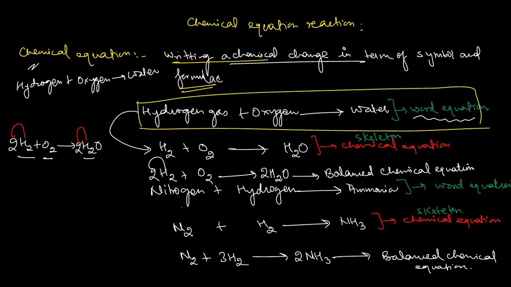NH3. Now you see that here are the two nitrogen atoms, here is only one nitrogen atom. Here there are two hydrogen atoms, but here are three hydrogen. Two hydrogen means one has been created here and one nitrogen atom has been destroyed. But according to Dalton atomic theory's postulate, atoms can neither be created nor destroyed during a chemical reaction. So let me first clear to you that there are two different types of reactions: the chemical reactions and the nuclear reactions.